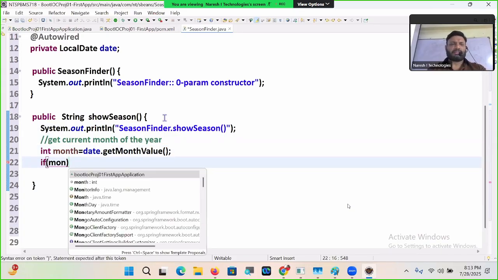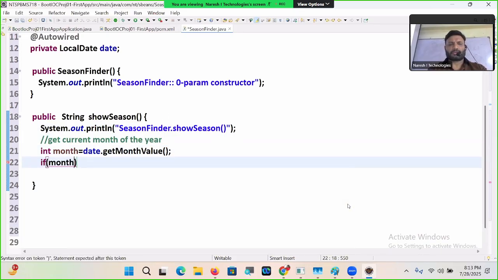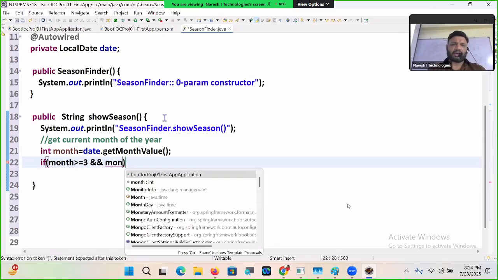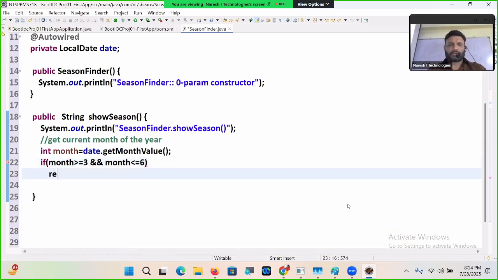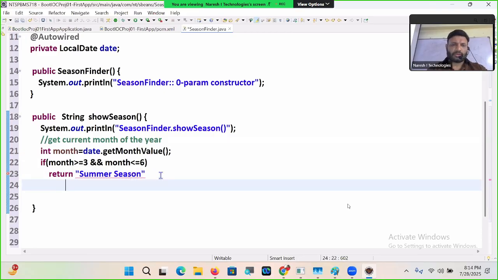If month less than 12, no. Greater than or equal to 3 and month less than or equal to 6. Return, what is there? Summer season. Return summer season. Else if